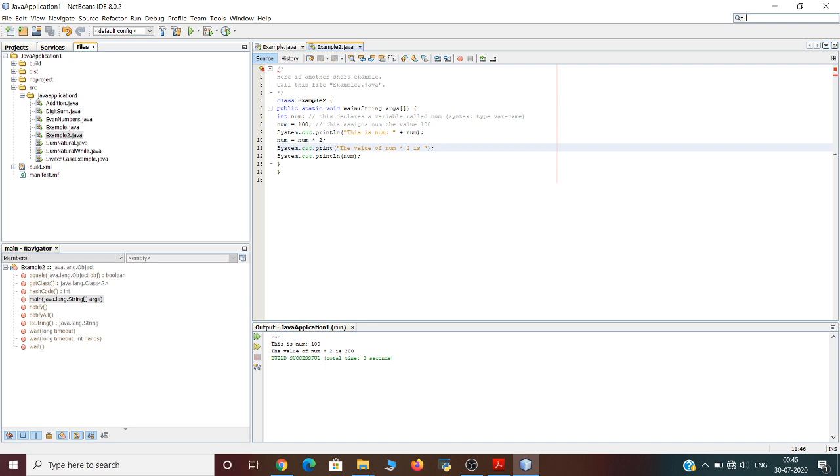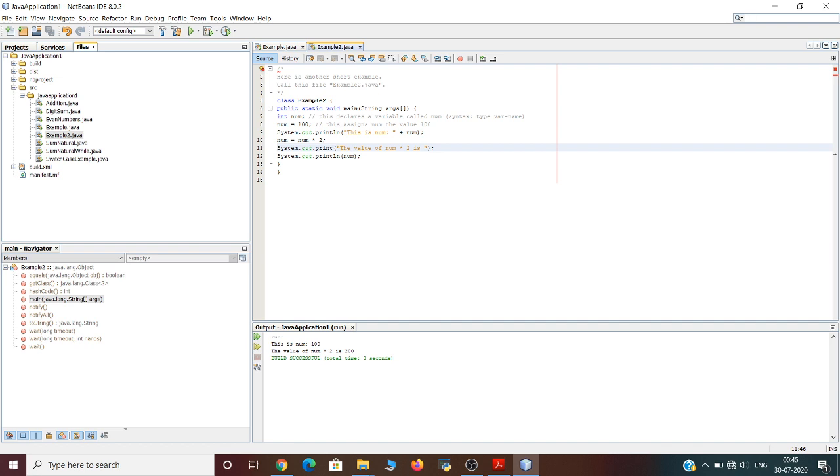The first line in this program is int num. As you can see in the comment, this statement declares a variable called num. So this line declares an integer variable called num.